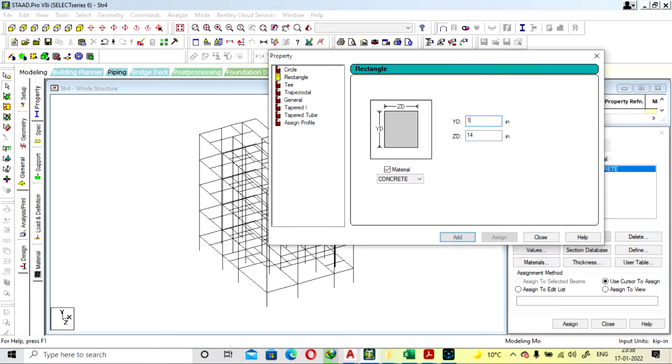and for X once take this also, because the direction of the column will change for the mid columns. Okay, and for the beam, the YD will be your depth, so go with 9 inch by 12 inch. Okay,